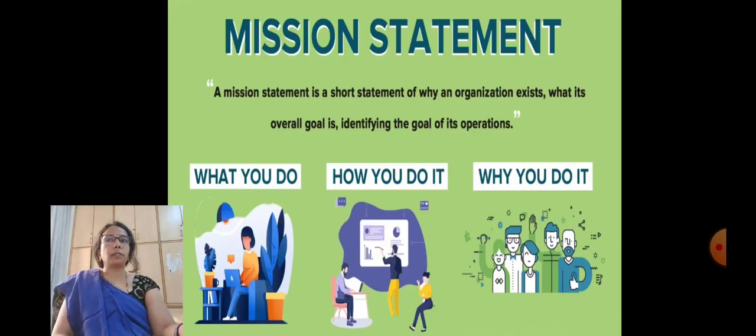So a vision statement is a mental picture of what you want to accomplish or achieve. For example, your vision may be a successful winery business or an economically active community. So the vision of the given example business should be a successful family dairy business. And a mission statement is a short statement of why an organization exists, what its overall goal is, identifying the goal of its operation. Or it's a general statement of how the vision will be achieved. The mission statement is an action statement that usually begins with the word to. For example, to provide unique and high quality dairy products to local customers.